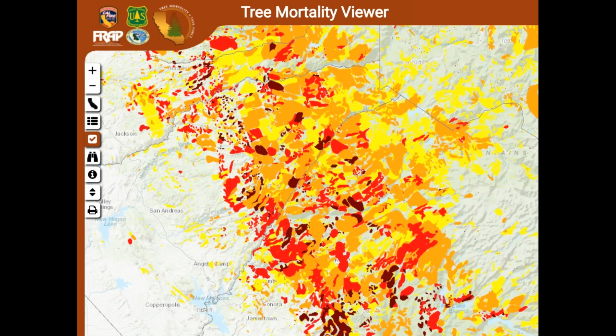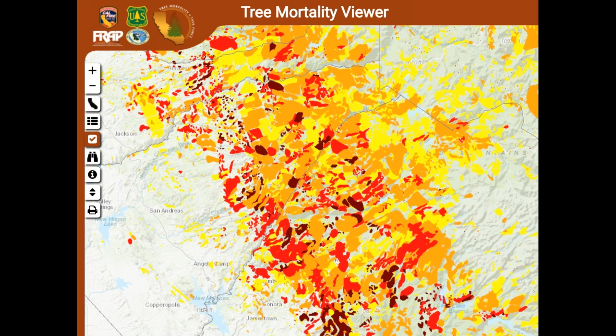One of the options is to view where the flight paths are for the aerial detection surveys. If there was not a flight path near Santa Cruz, then there's not going to be any data for Santa Cruz. These surveys focus more on public land. They do try to capture the majority of private land, but they don't always get to all of it.